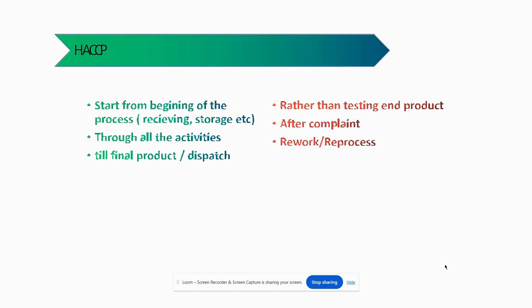Whereby we can ensure that if any food safety related complaints or grievances arise from the customer or from the regulatory body, we are able to identify and address the issues quickly. It is very much advantageous over the previous method of quality control. The HACCP system is considered to be a quality assurance system, whereby we are ensuring or assuring